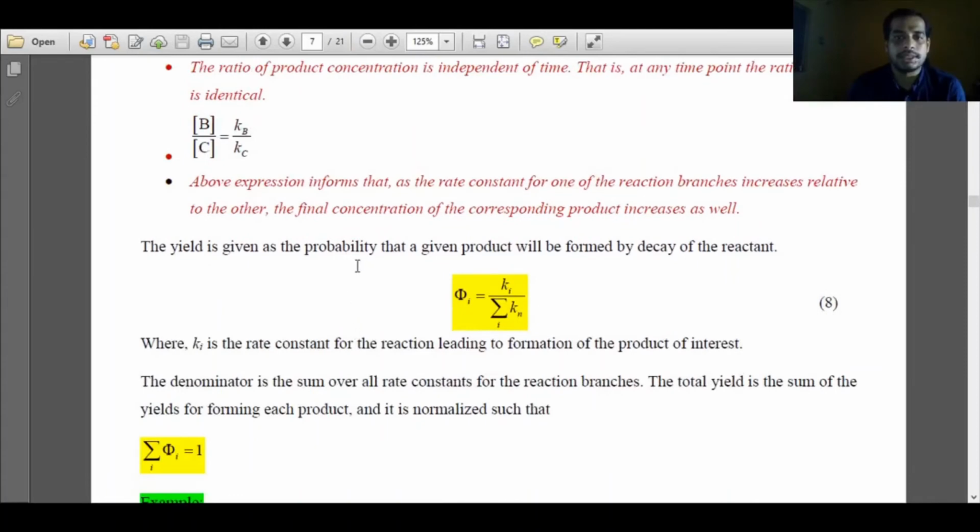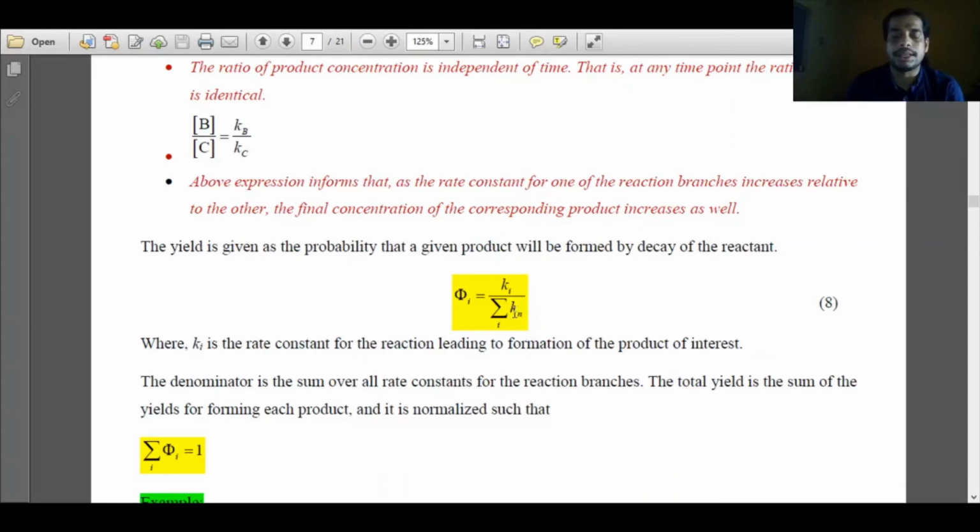Then we will discuss the probability of formation, or the product yield, of whether B or C, whatever the products are forming. In a parallel reaction there can be many products forming in parallel, so to know the product yield of different products we can find out the yield. Suppose you want to know the yield of the ith species, then phi i is the expression for yield, or quantum yield, we can also say. The product yield phi i for the ith species is equal to Ki, the rate constant for the ith species, over the sum over all the rate constants.